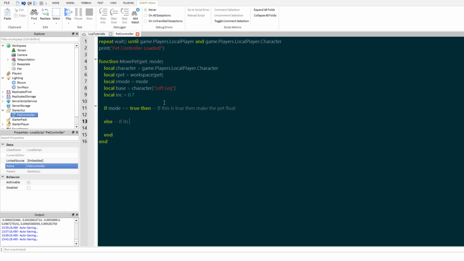If it's anything else other than true, then make it go. Make the pet go on the ground. So there we go. We're going to start off with just the ground part first. So we're going to go ahead and make a new